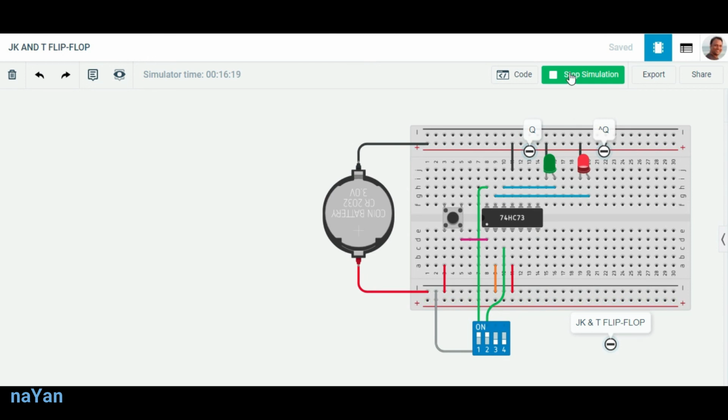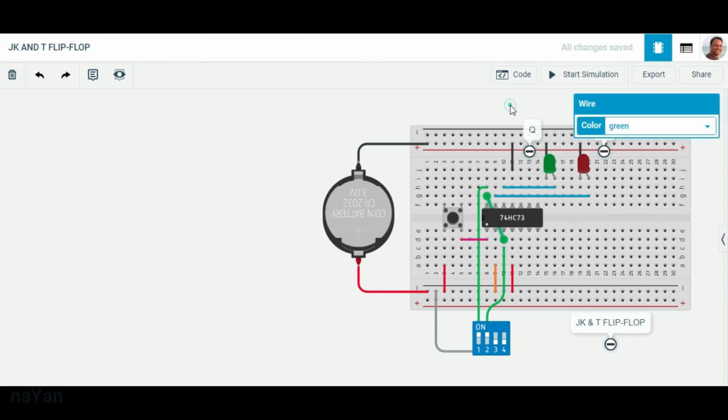First I stop my simulation and short this J and K input, and remove this K input because J and K are already shorted. So now this second input is not required, this is our T input.